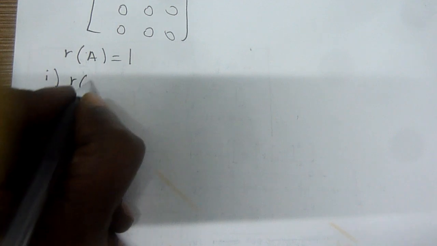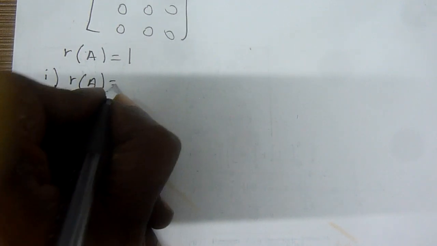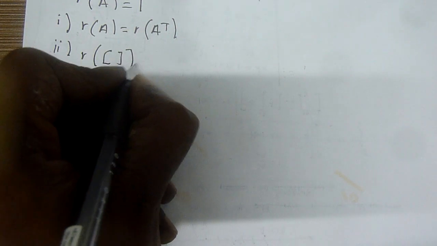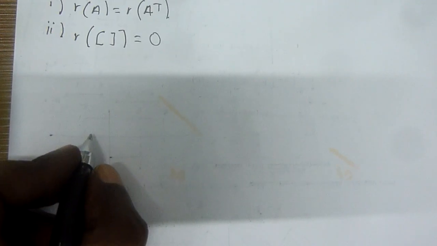The rank of A can again be solved with the transpose A^T, and number 2, we can solve R equals 0 if you take it empty. And the most important thing here,